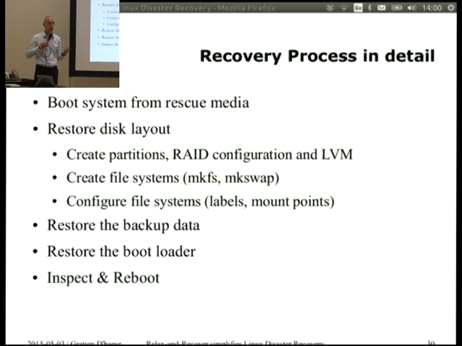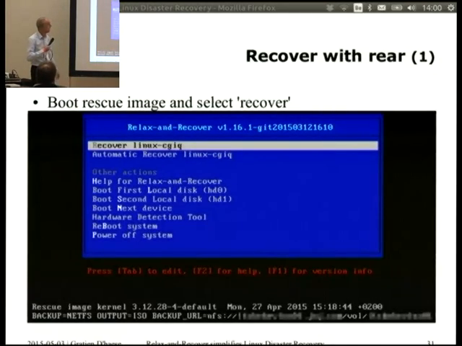You can look at the fstab file. Maybe not all unique IDs are modified. Normally, ReaR does its best to modify the new unique IDs, but sometimes it's handy to check that the most critical things look fine. And that's it. Then you reboot and you should have your system back. That's how it looks when you do a real recover.